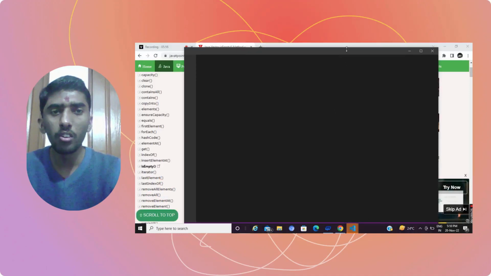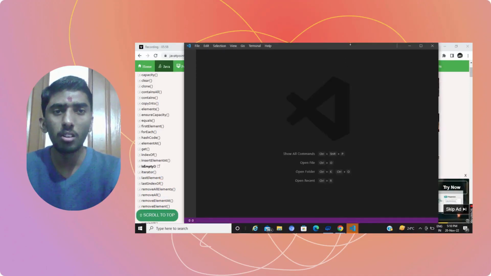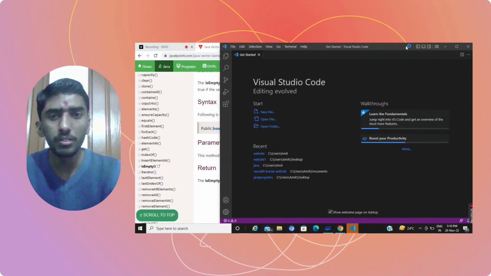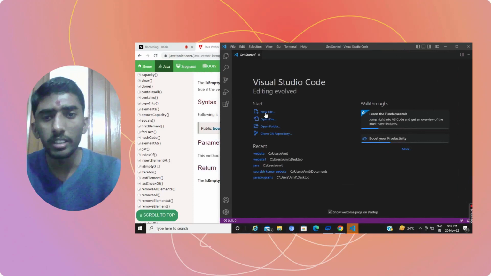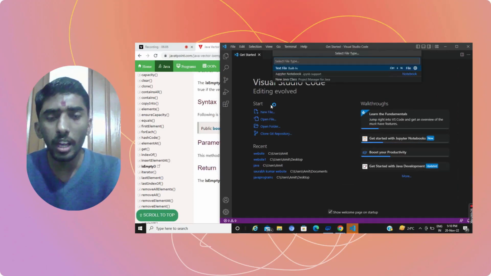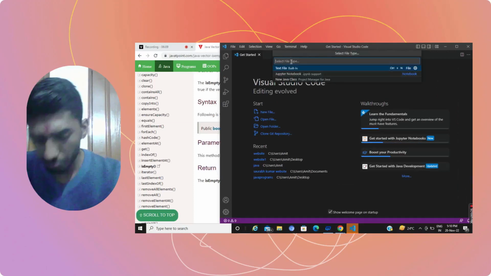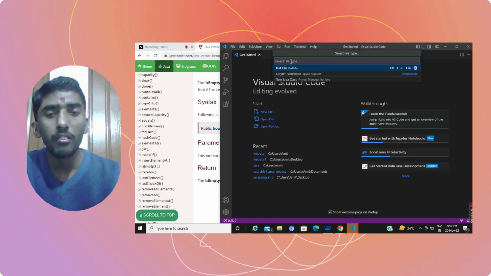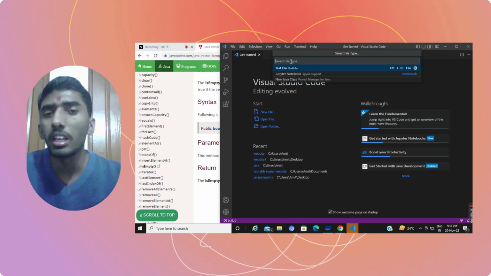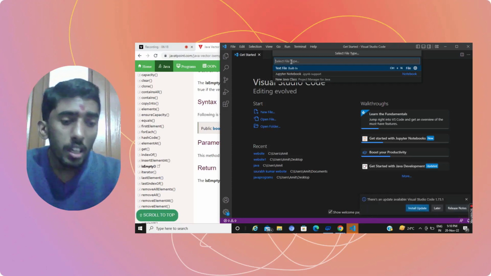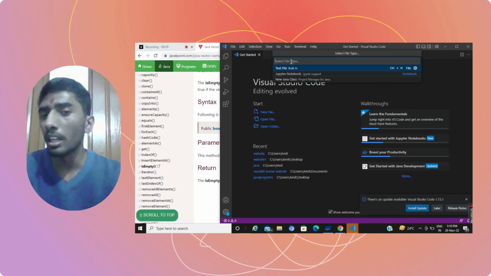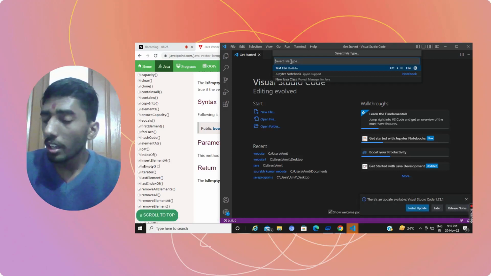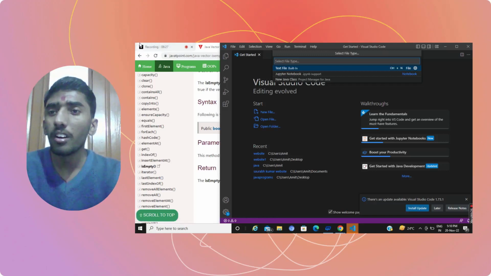After opening Visual Studio Code, I create a new file so that I could easily create a vector program, because creating a new file is better than doing your program in an existing file, because